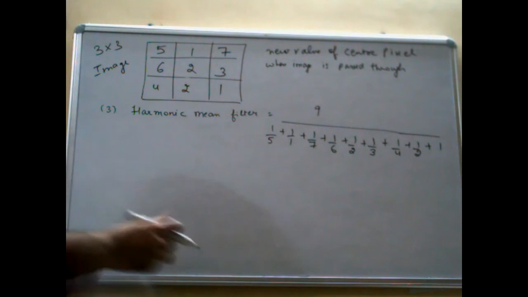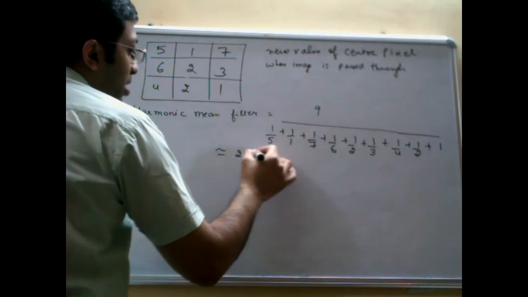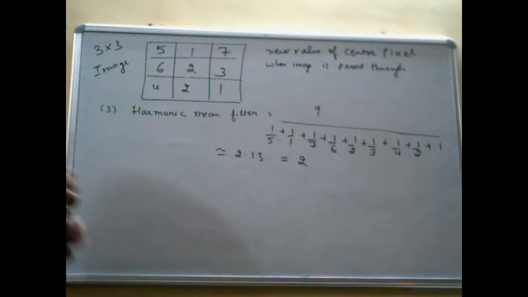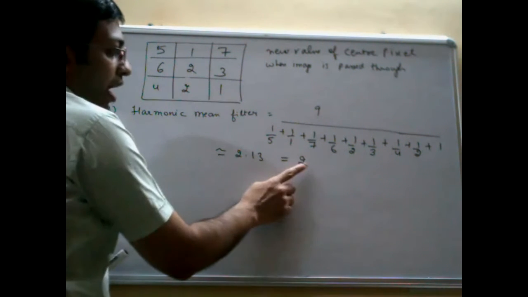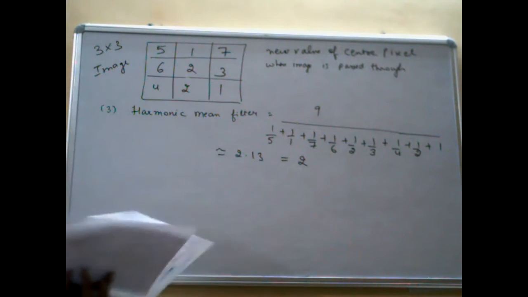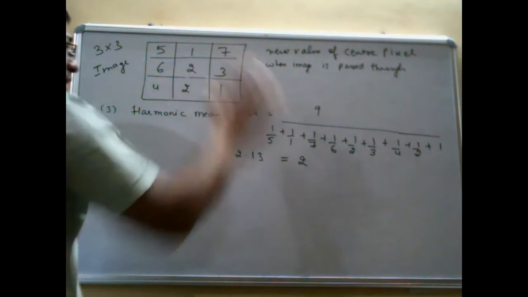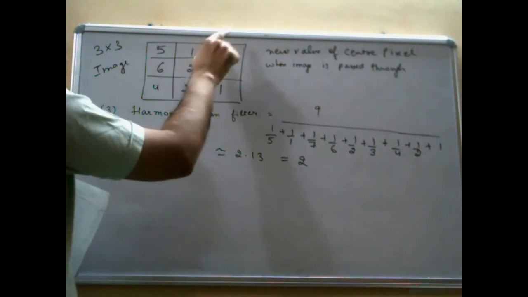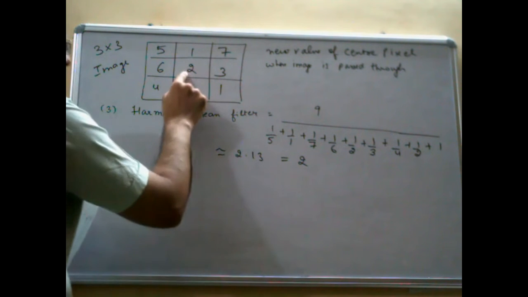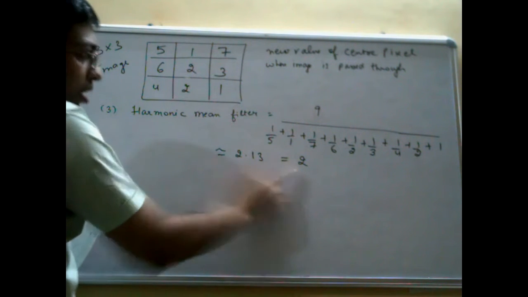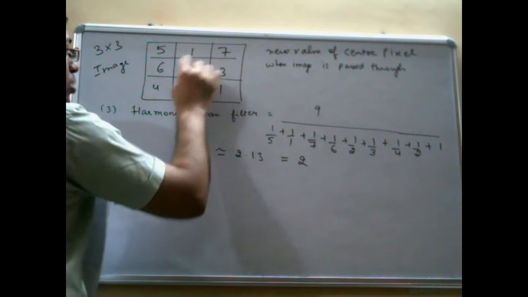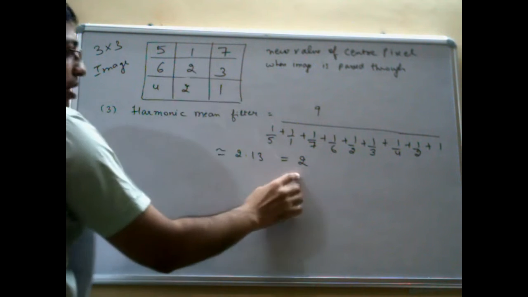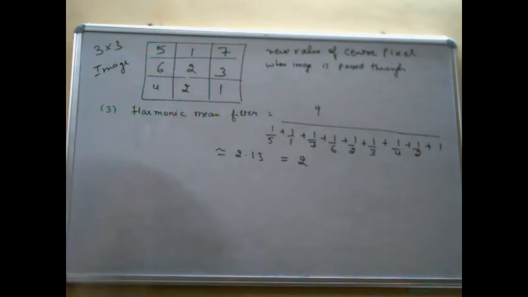If you solve this, you will get 2.13. That is nothing but 2, rounded off to the true value. In each and every case, once I get the result, like I get 2 over here, and in the previous case I got 3, you will draw the input image once again with the center value replaced by the result. In the first case, you got the answer as 3. Second case, answer 3. So in the first 2 cases, this 2 will be replaced by 3, the center pixel. Here in this case, this 2 will remain as such. So this will be the same output.